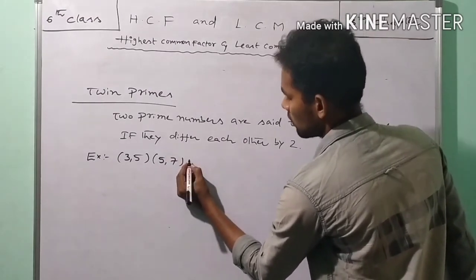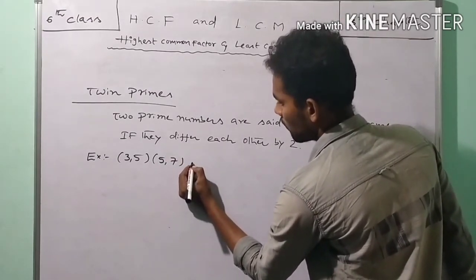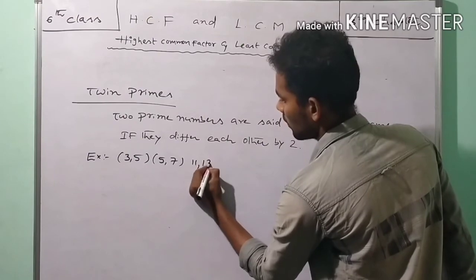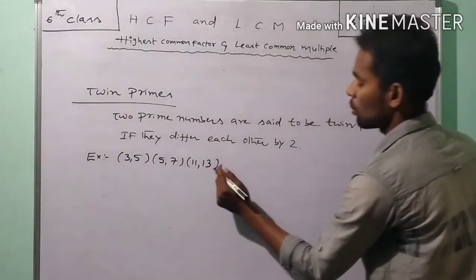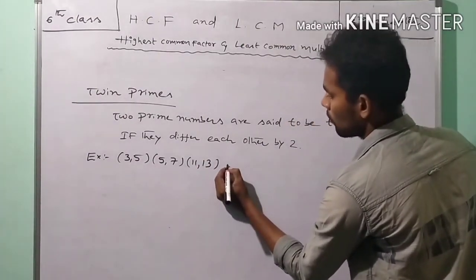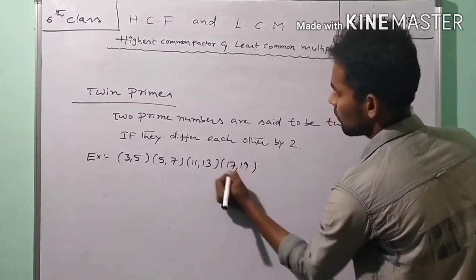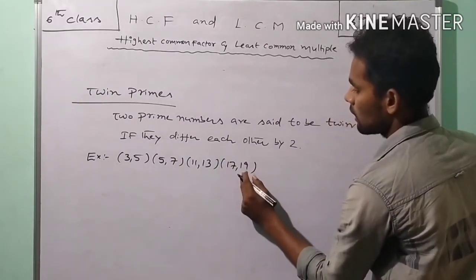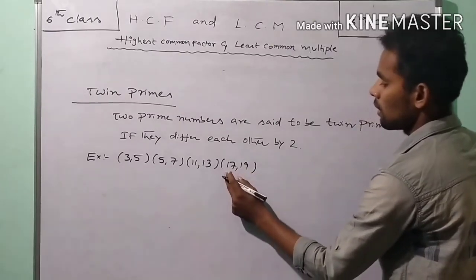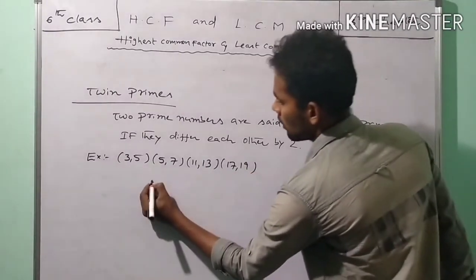Another two prime numbers, 11 and 13. Difference is 2. Another two prime numbers, 17 and 19. Difference is 2. 19 minus 17 equals 2. Are all